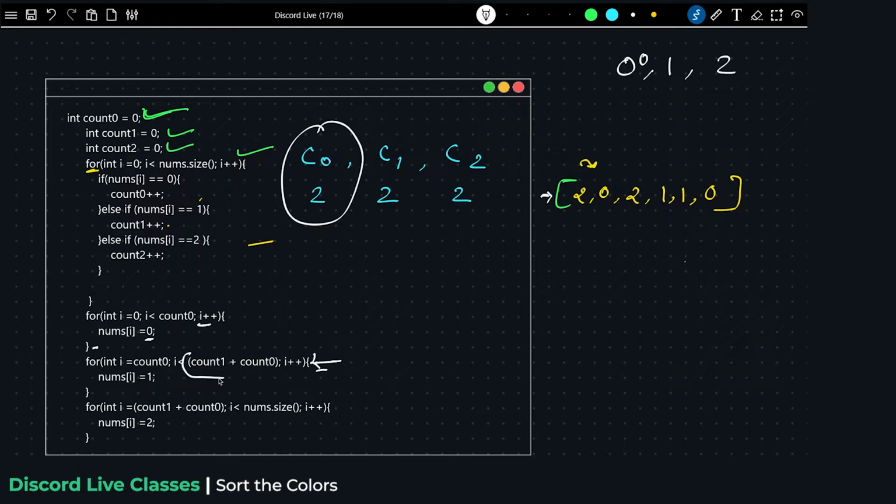Now listen, can anybody give me the explanation why I used count 1 plus count 0? Anybody? This is, I guess, the important thing, and I expect it from all of you. Why didn't I mention that this for loop will go from I is equal to 0 to C2 or C1,